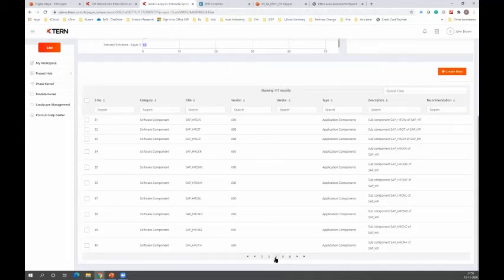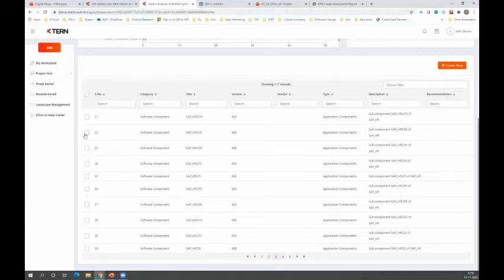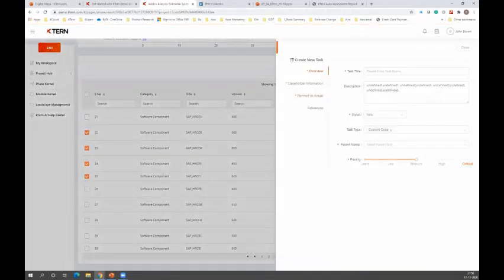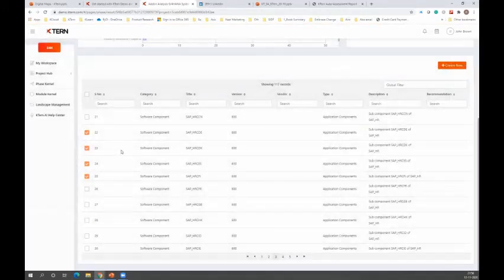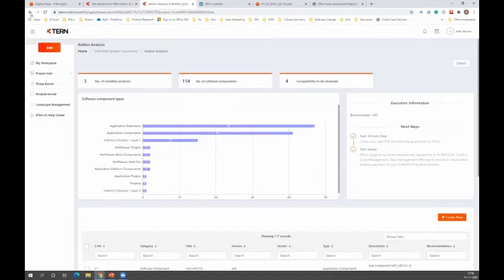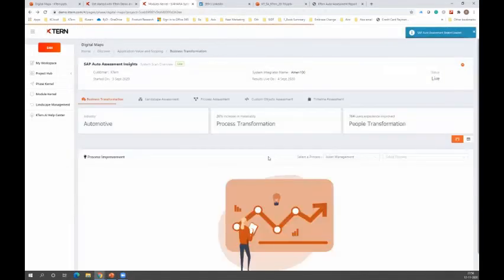And the best part is, I also spoke about the collaboration and management that you can do. You could pick up a set of things and assign it to the users in terms of creating a new task, and that's how the whole collaboration happens. Typically, you would have reports in PDF and Word documents, but this is more. You can drive some action out of it. That's the whole idea of building this product, because we don't want the report to be lying at one place and the whole transformation happening at a different place. So that's on the landscape part of it.